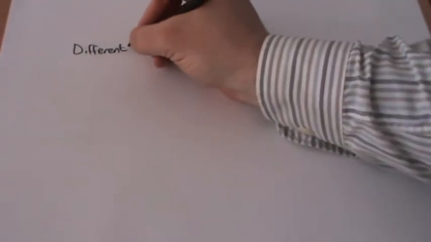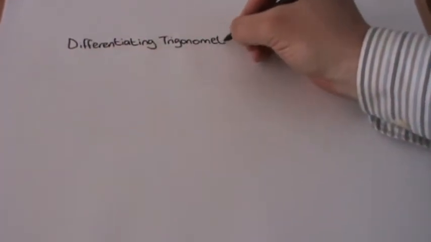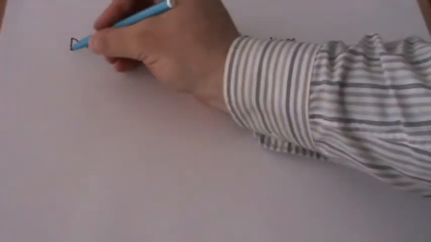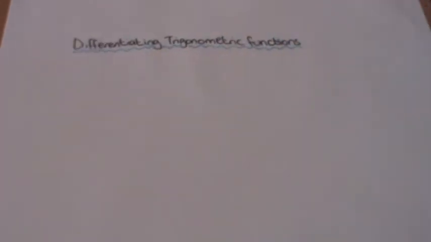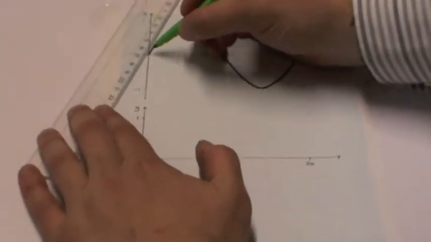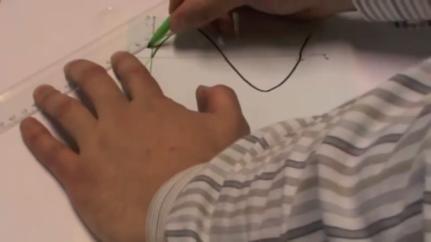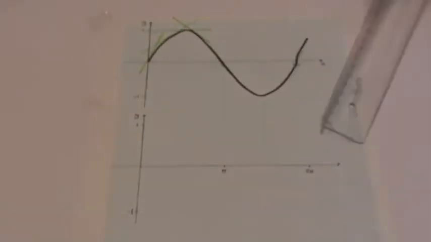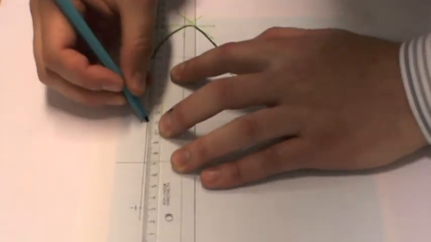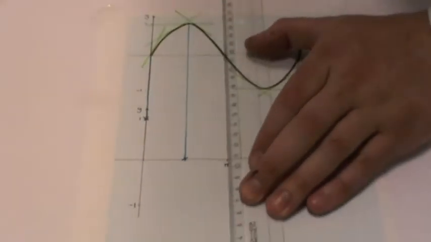Okay, so this is a video on differentiating trigonometric functions. You'll be able to differentiate sine and cosine functions, and you'll be able to explain why the derivatives of sine and cosine functions are what they are. Since differentiated functions tell us about the slope of a function, we'll start by analysing the slope of a sine curve at different points. If we map the gradient values to another graph,